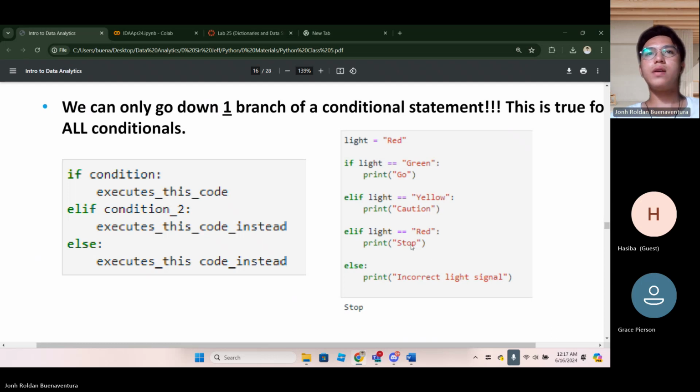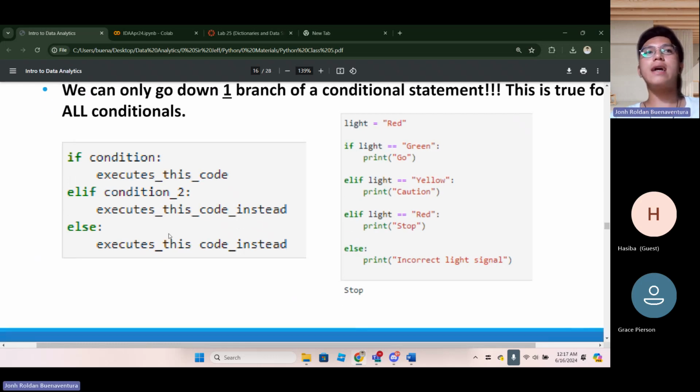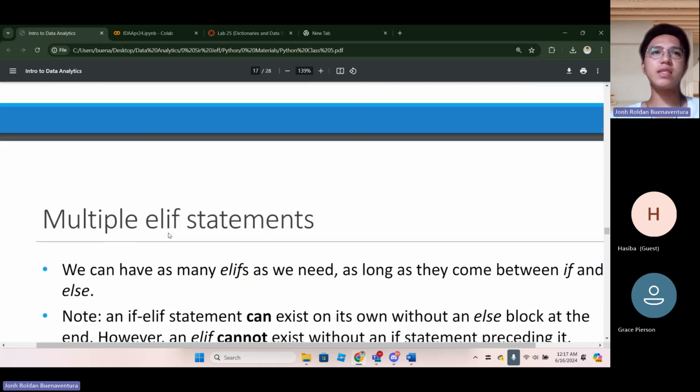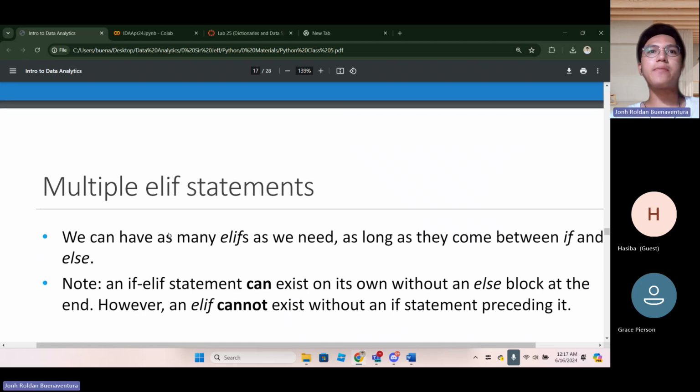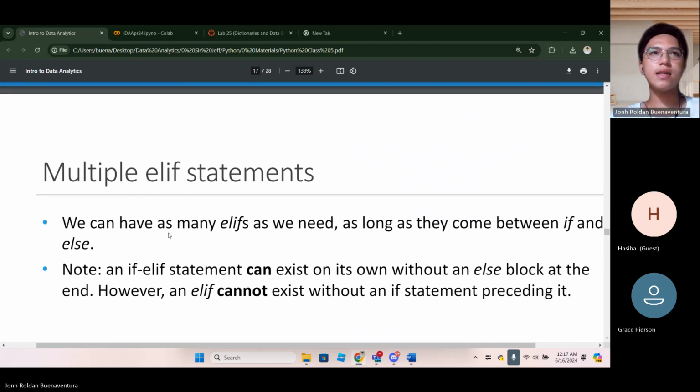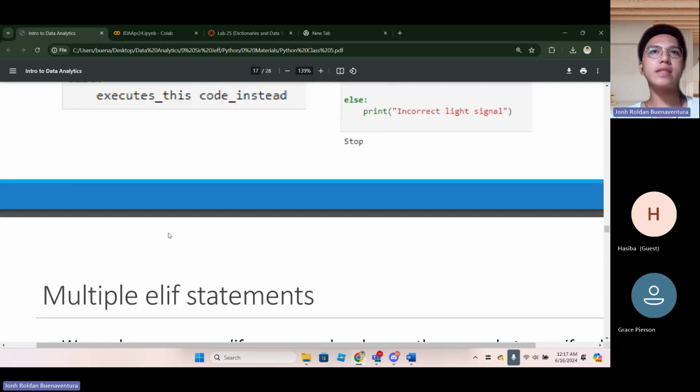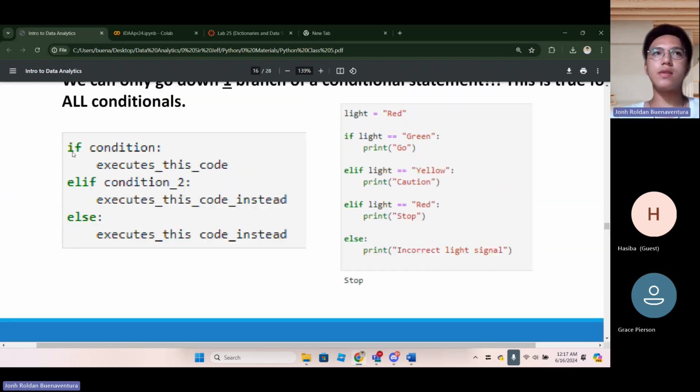Okay? And you can add as many elif as you want. And a bit of trivia: you can drop the else and use an elif instead at the last part. So the structure here is if, elif, and then else, but you can write it as if, elif, followed by another elif.